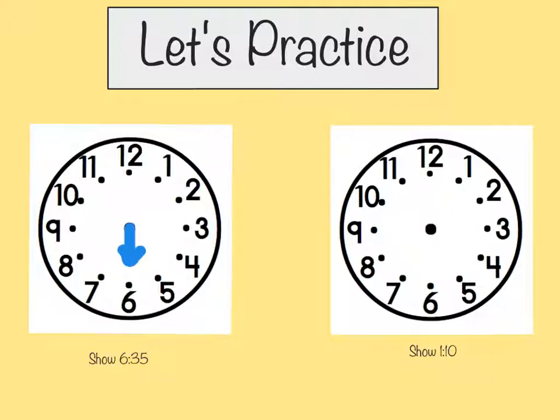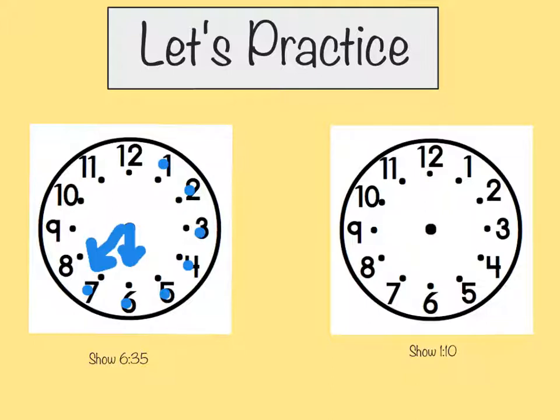And then for the 35, we'll start at the 12 and count by 5s again. So we'll go 5, 10, 15, 20, 25, 30, and 35. So we can draw our big hand pointing down at the 7. So that's how you would draw